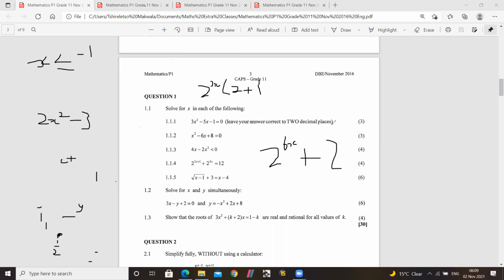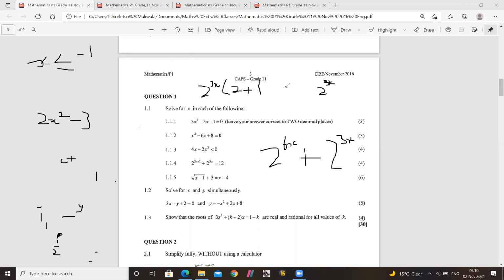It's not identical to the other one. It is the square of the other one. Then you can use a let. Do you see this thing, 2 to the power of 3, and 2 to the power of 6 is the square of this? So 2 to the power of 6, it's like saying 2 to the power of 3 squared. If that's the case, then you can use a let type of question. You can say 2 to the power of 3x